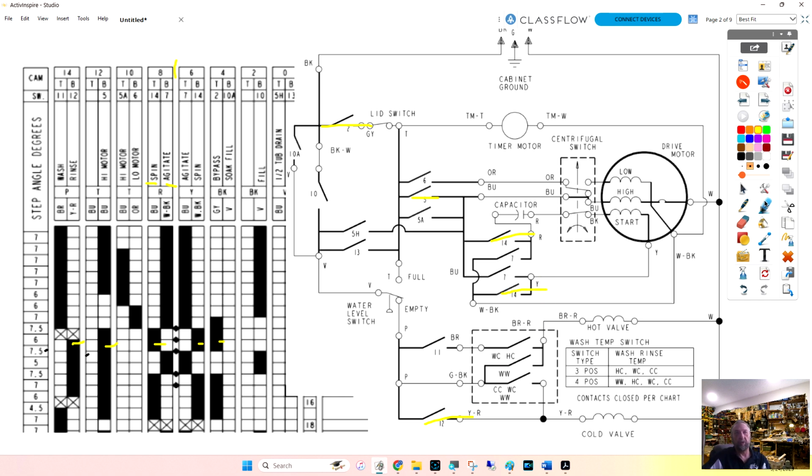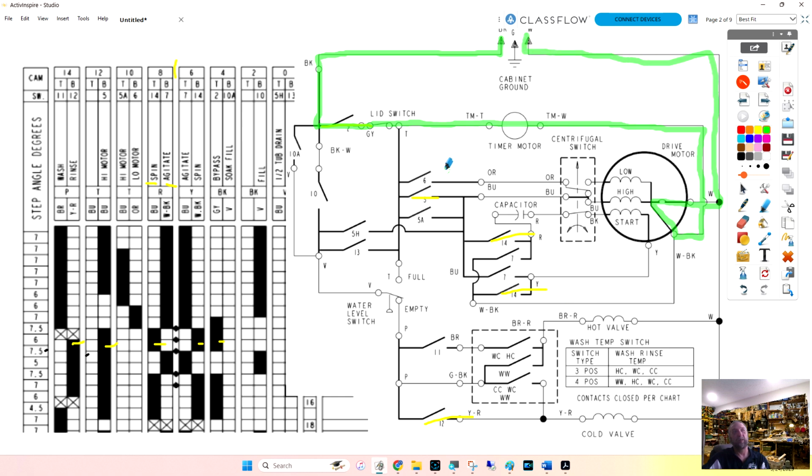So what's energized right now? We come in and go through here. We have three ways to go. Which way do I go, or can I go more than one way? Go down. Well, if I go down, what happened here? No, I mean to the right. My bad. Go to the right, and then I can feed the timer, right? And the timer goes through the motor. If the overload is bad in the motor, guess what? The timer won't advance either.